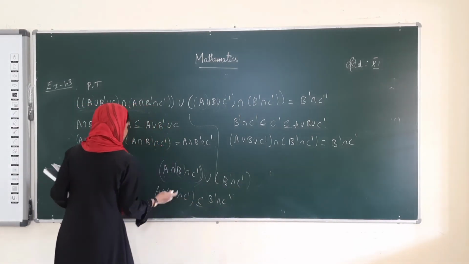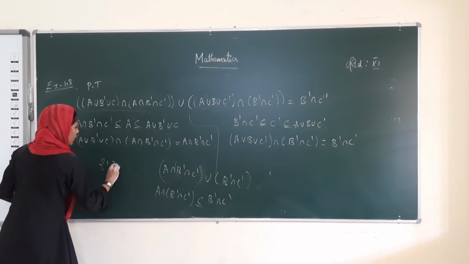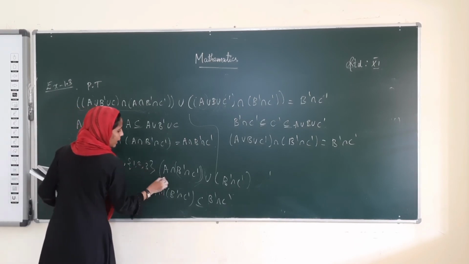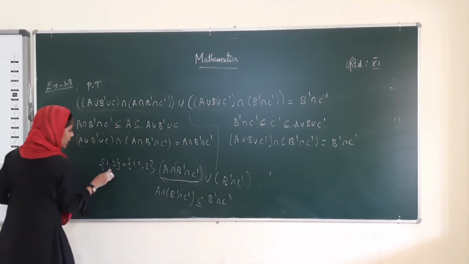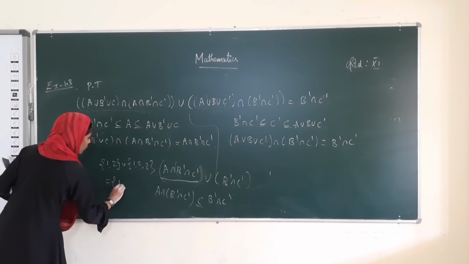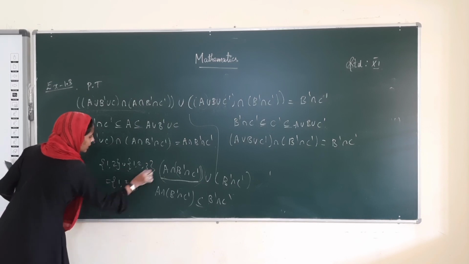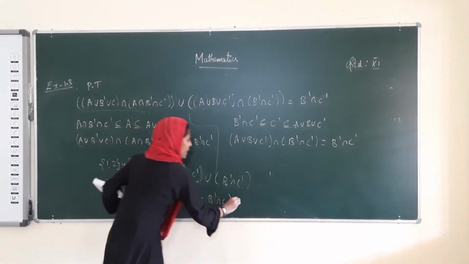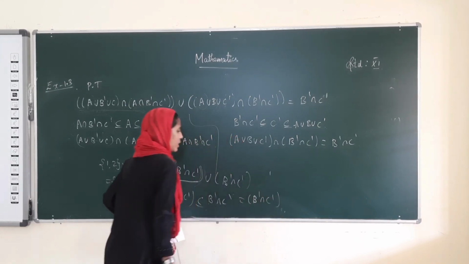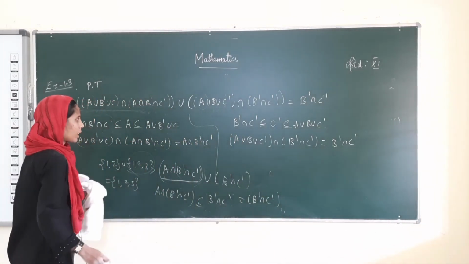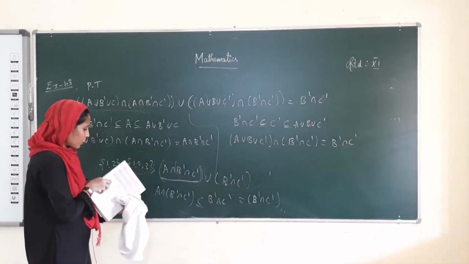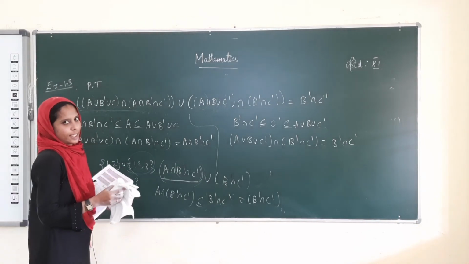Okay, so see here, what we get is {1, 2} union {1, 2, 3}. This is a subset of this, meaning these elements are in here. Therefore what we get is equal to {1, 2, 3}, that is, this set alone. Therefore it is equal to B dash intersection C dash. Okay, hence we have completed some examples. We have some more examples. Let us see that in the next class. Thank you.